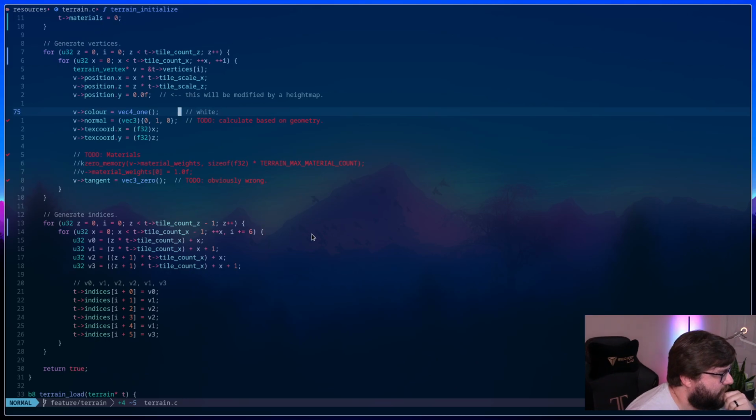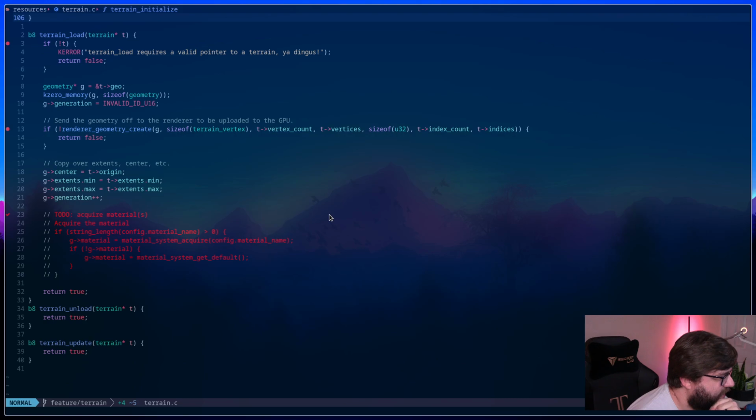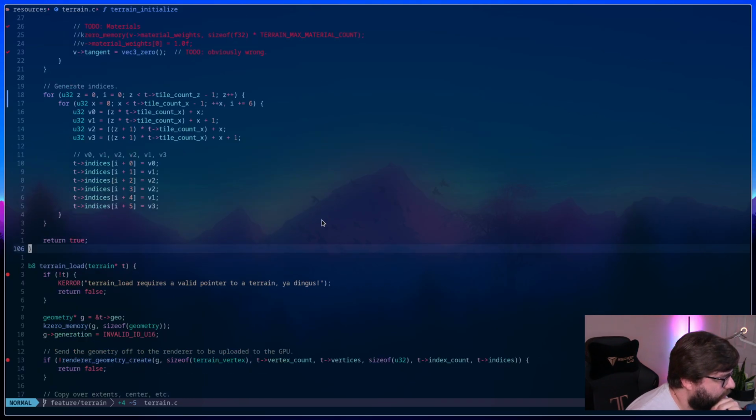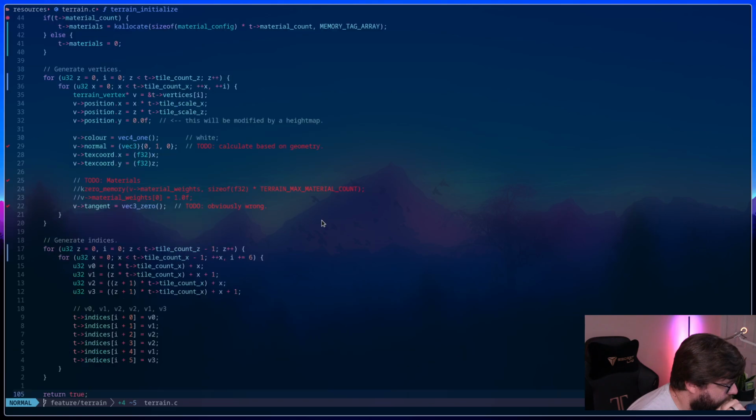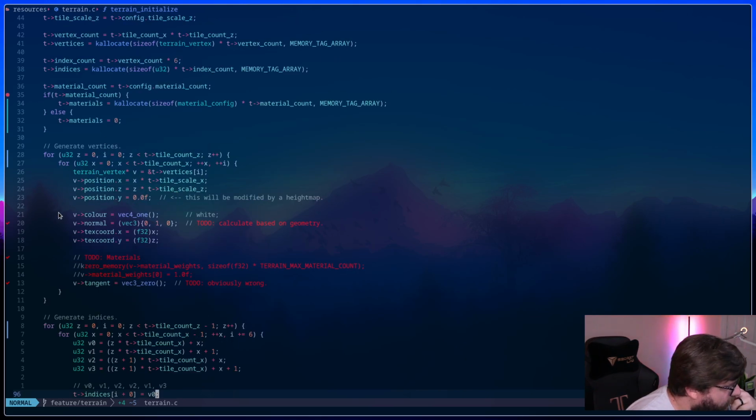Why is it rotated that way? That doesn't make any sense. I think I've got something backwards somewhere for sure. So vertex position x equals x times t scale x, position z.